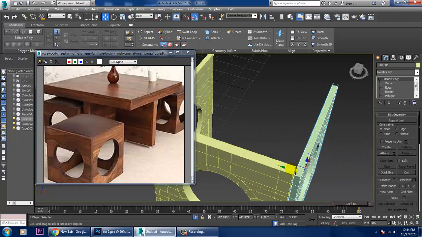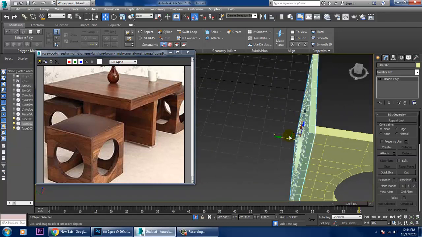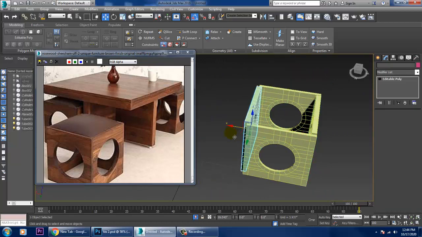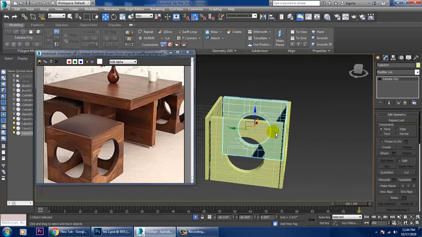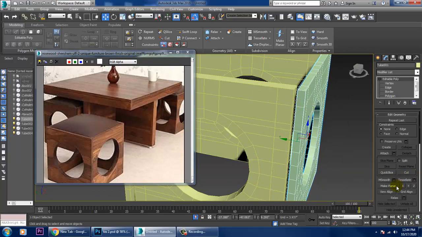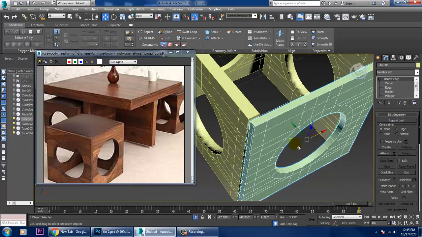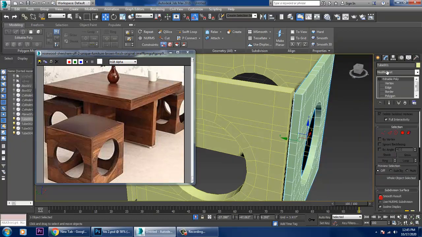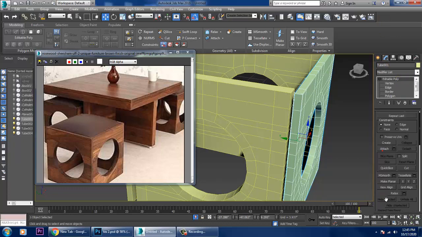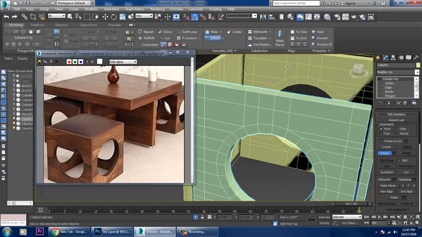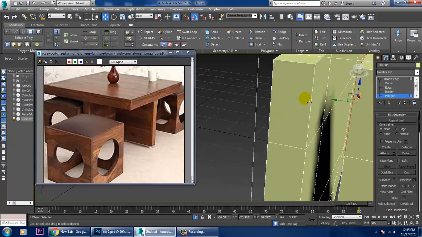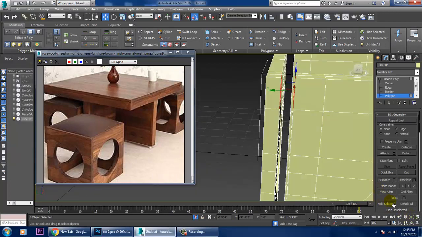So just push this till here, just push this till here, take one more duplicate over here in this way. That's it. So once you're done, now you can just go into this and let's attach it. So we can go with this and let's just attach this all. So once you attached it, then as simple as that. So you can just bridge this.